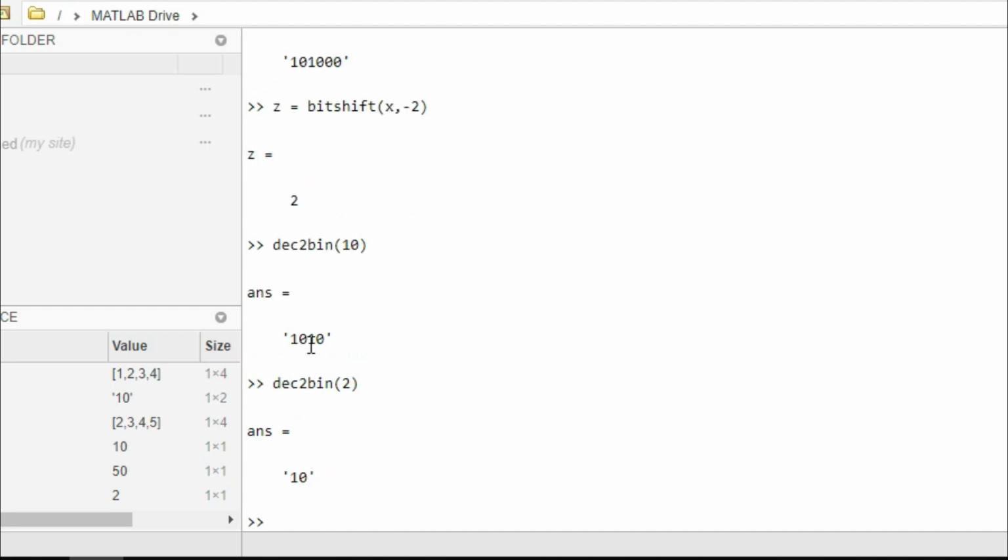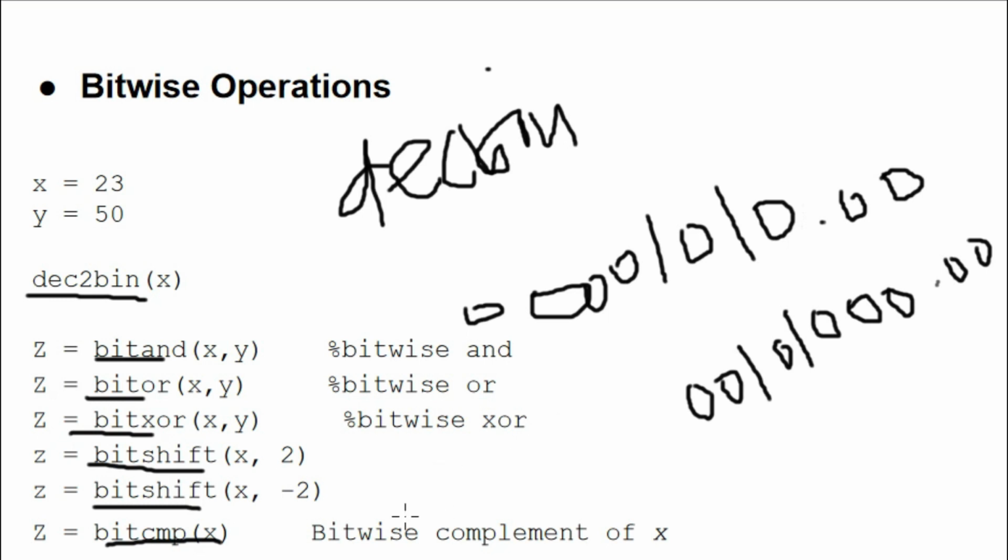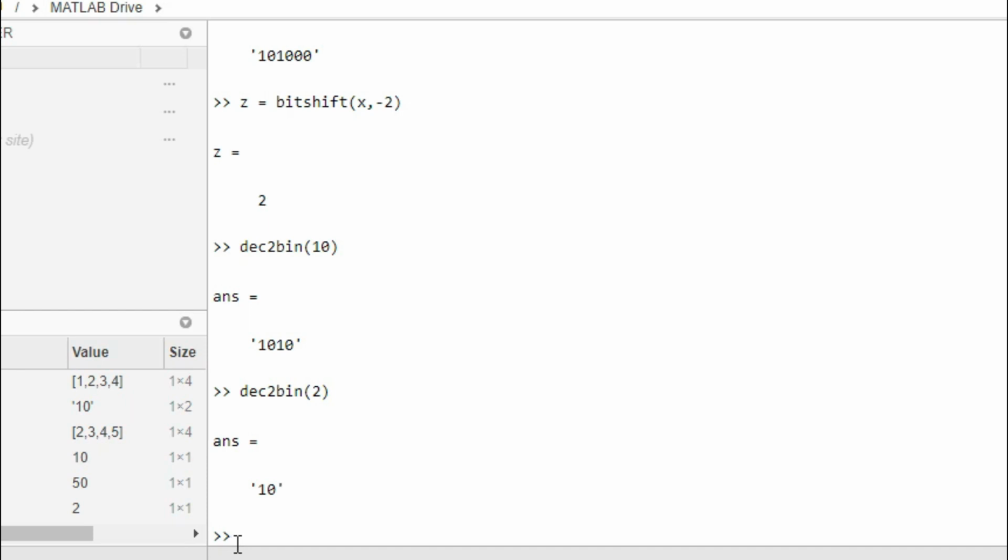So here it shifted to the right side. Like here we have 10 after doing that operation. We got 10 and some zeros at the start. So it shifts it to this side.